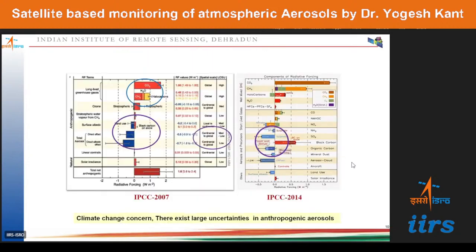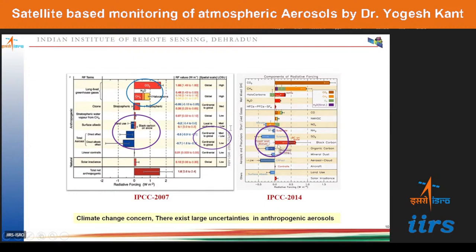As we have seen, it adversely impacts the climate. IPCC reports also see that there is a negative impact on the atmosphere. The greenhouse gases lead to a warming effect, whereas the aerosols have a cooling effect. So you see the negative is the cooling effect, but the scientific community